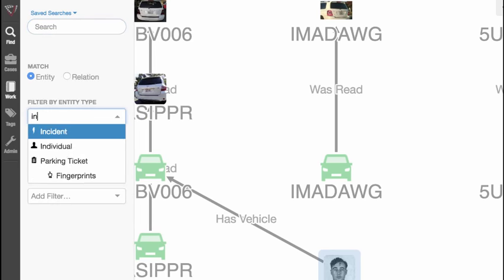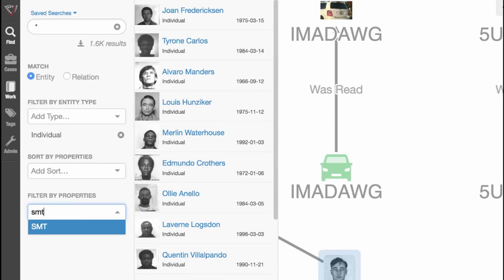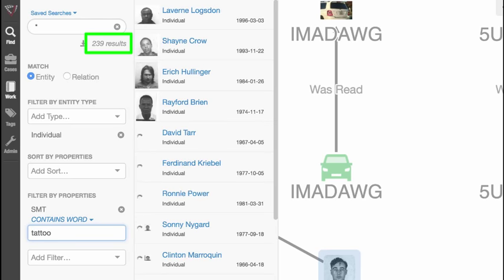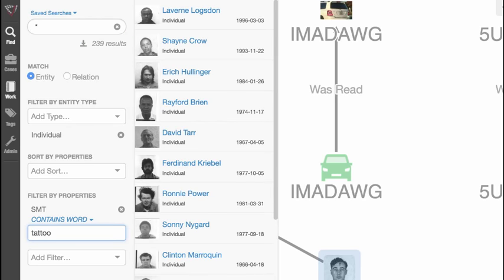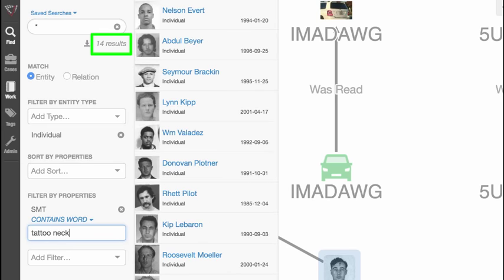And I'm looking for individuals, specifically individuals with a scar, mark, or tattoo. In this case, I'm looking for tattoos. And I have 239 individuals in my system with tattoos. But if I add the extra piece of information that it was on the neck, I'm down to 14 search